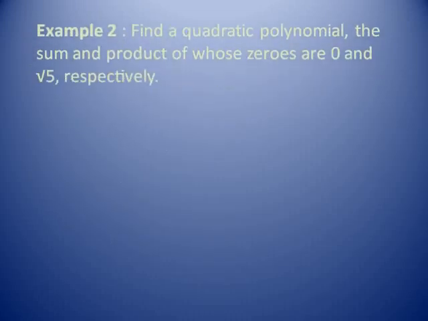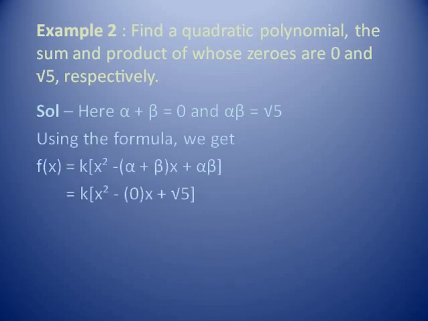Find a quadratic polynomial, the sum and the product of whose zeros are 0 and √5 respectively. This is similar to the previous question. The only difference is that here the sum of the zeros alpha plus beta is 0 and the product is square root of 5. Using the same formula f(x) equals k[x square minus (alpha plus beta)x plus alpha into beta], we will substitute alpha plus beta equals 0 here and alpha into beta equals square